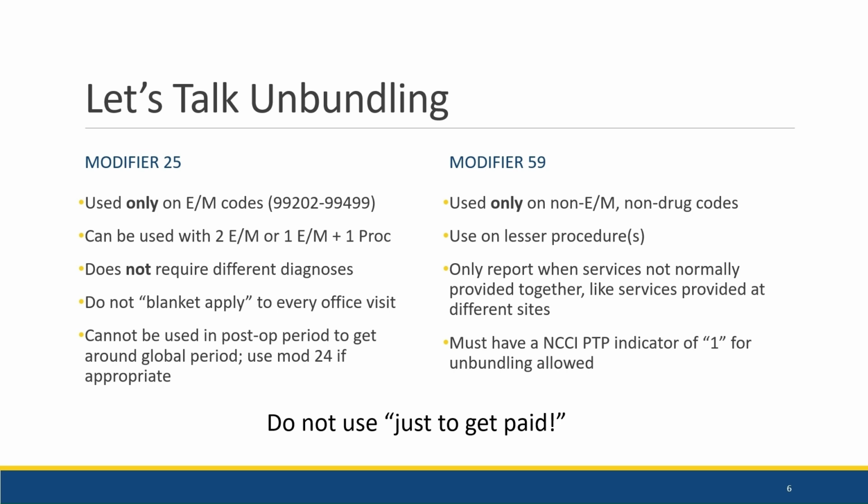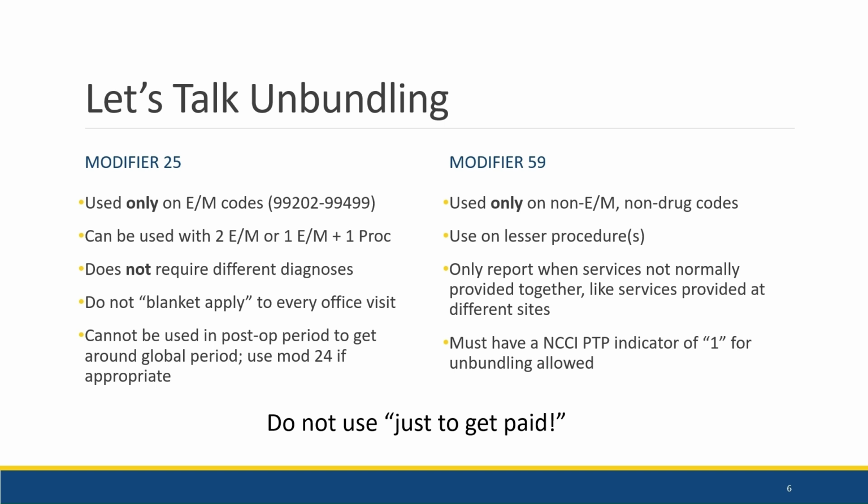But if you read the descriptions very carefully, you're going to see that they can only be applied to different codes or to different services. Modifier 25 can only be applied to E&M codes. On the other hand, modifier 59 can be used on any non-E&M CPT code and any non-drug HCPCS code. Additionally, to use modifier 59, that code, either the CPT or the HCPCS code, has to have a National Correct Coding Initiative procedure-to-procedure indicator of 1,